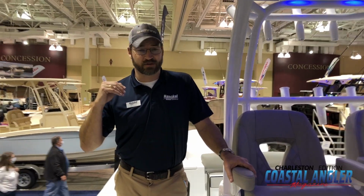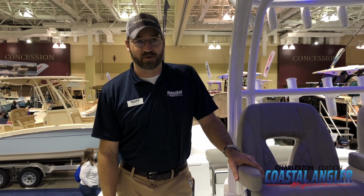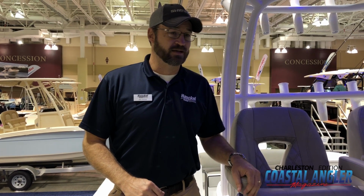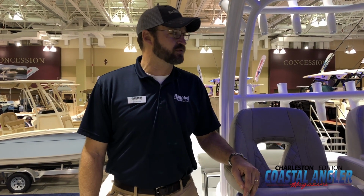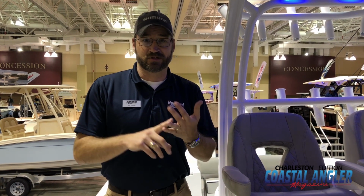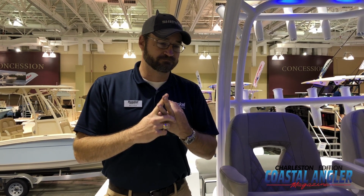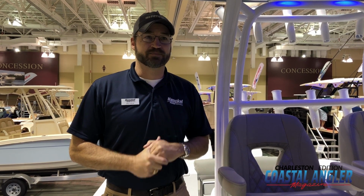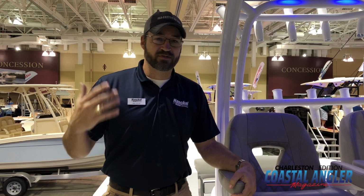These guys, they're only building ordered boats at this point. I mean, the economy's been crazy, especially when it comes to boats. And if you need to get an order in for a boat, the sooner the better, because they're just getting further and further out. They're not building hardly any stock boats. They're only building customers' order boats because that's about all they can keep up with. So the 30, the 32, and the 35, you're going to be 8 months, 9 months, a year out on some of those models. So come down to the Charleston Boat Show, come check everything out, come walk on the boat,